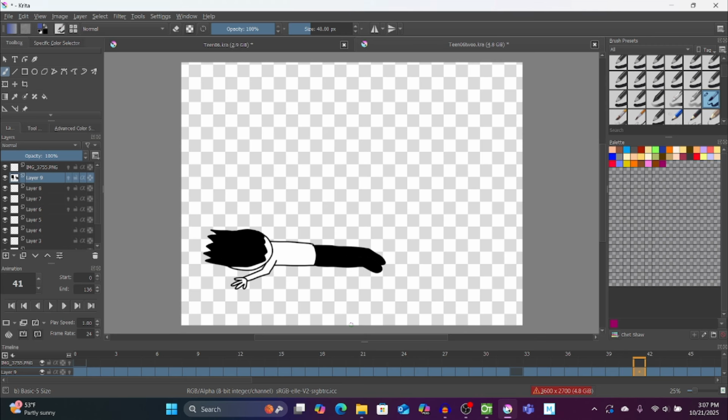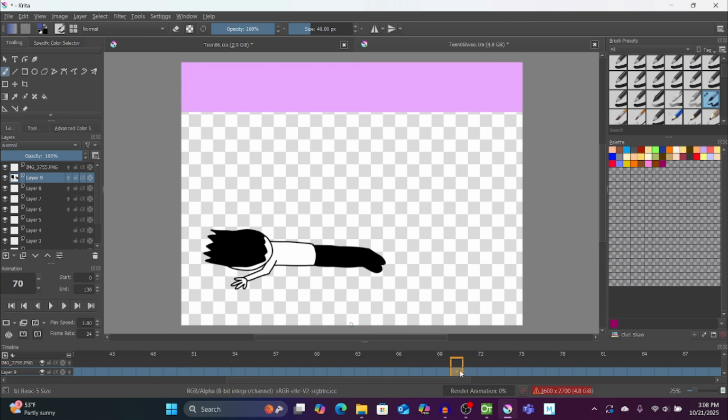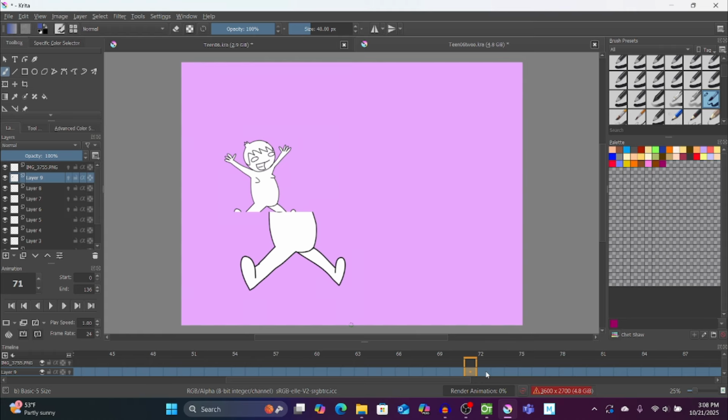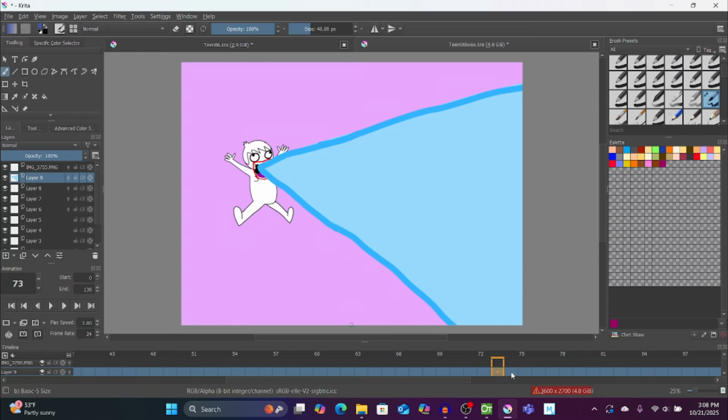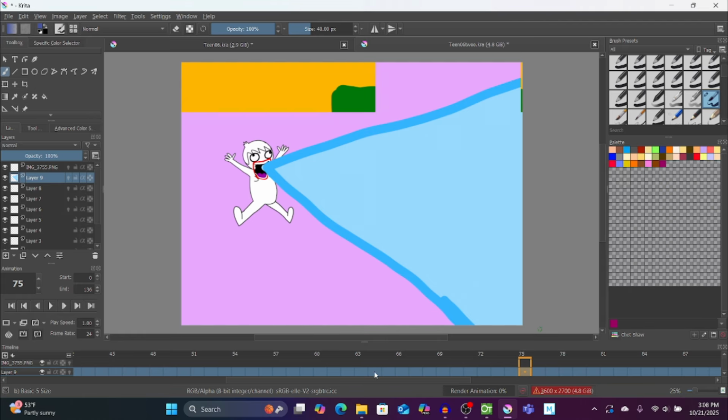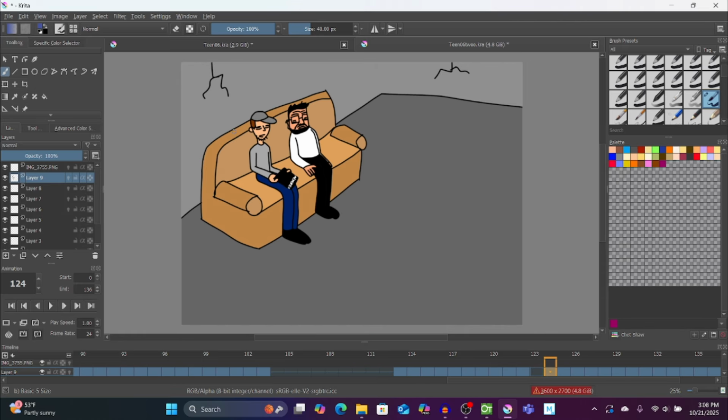So, kind of been away from Krita for a while. Let's see what it is. Oh, this is him sliding back. It's the same thing here to resize him, is how I did that, and then just drew the mouth over him. I think you kind of get the gist of how stuff is done. So